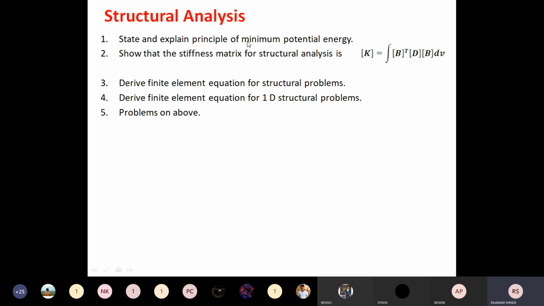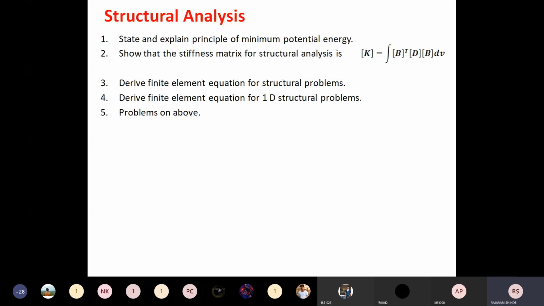And in the first unit we derived the equation on the basis of the principle of potential energy. The same approach we are using here, but the principle of minimum potential energy we are modifying here. We are deriving the stiffness matrix for an element, and that stiffness matrix is applicable for all types of elements. In the first unit we derived it for a one dimensional element. Here we are deriving for one dimensional, two dimensional, three dimensional, and any type of element. That means the stiffness matrix which we are deriving here is applicable for all types of elements.